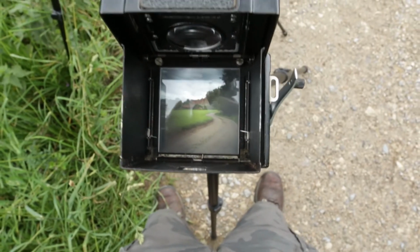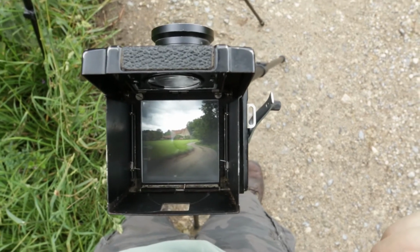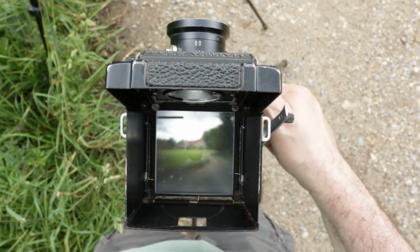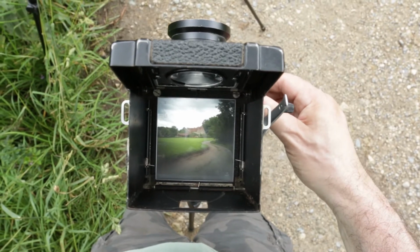So when I look down into the camera, that's what I'm seeing. And when you focus, you extend the bellows, it comes in and out of focus. So that's what you would see inside the viewfinder of the Mamiya. And that line that you've seen at the top left corner of your viewfinder is something that helps you